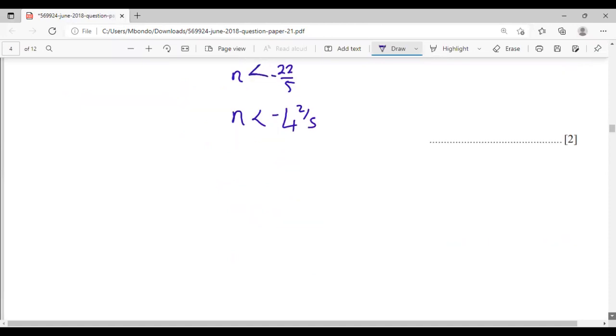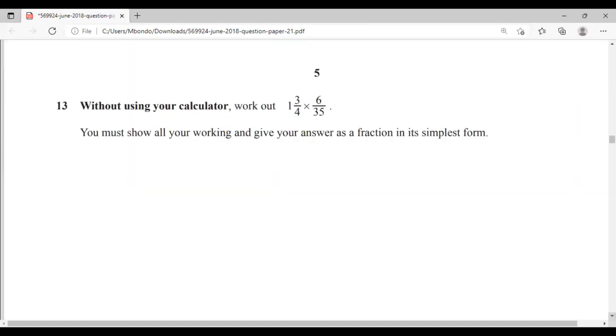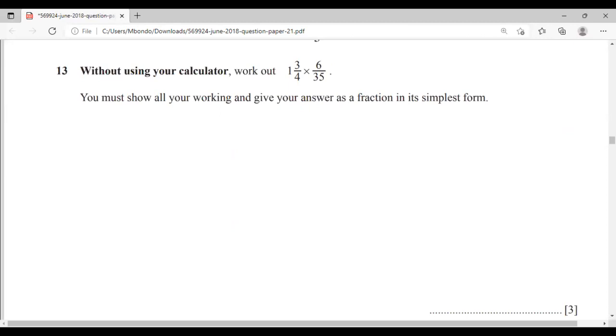Let's see what else we have to solve down here. Okay, so we have this question here: without using your calculator, work out this one. You must show your working and give your answer as a fraction in its simplest form. So we need to convert the first part, first of all, into an improper fraction. So it will be 4 by 1 plus 7 over 4 multiplied by 6 over